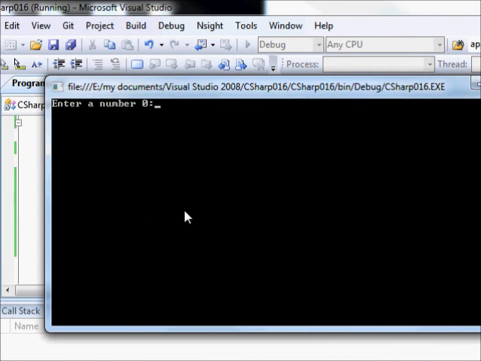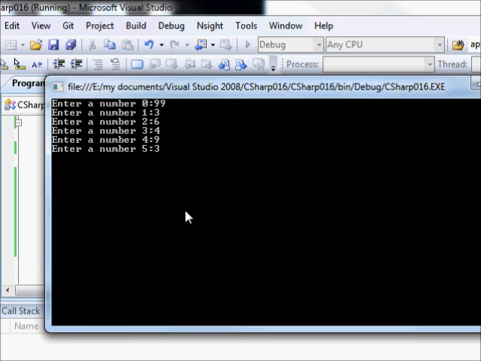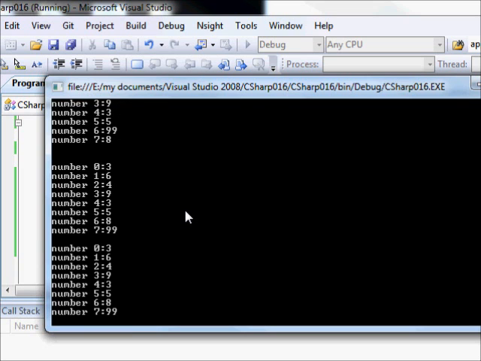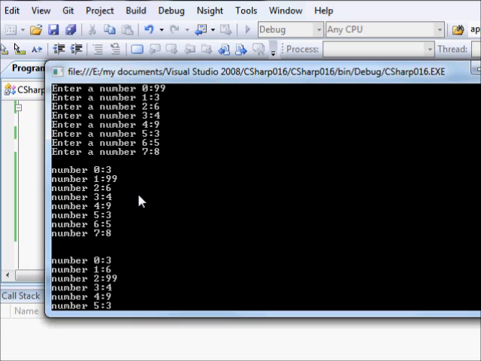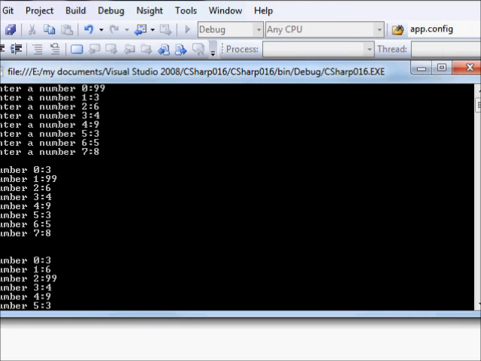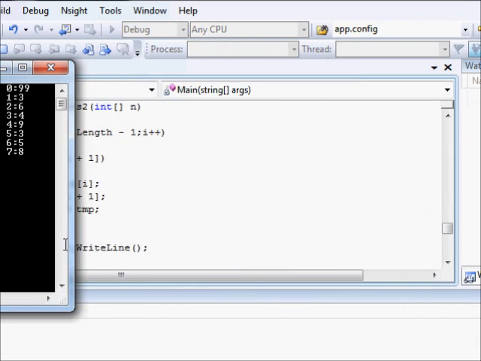We are going to say 99, 3, 6, 4, 9, 3, 5, 8. So what do you see here? You see that the value 99 is the last value, okay? And if we trace the code or see the result, you can see that in every step, sorry, let me just move this one here. Okay,